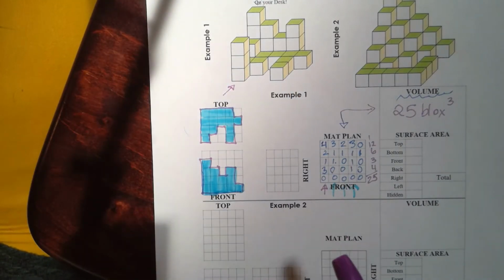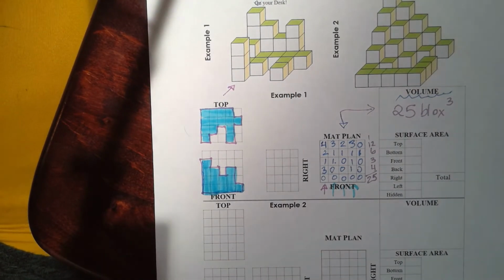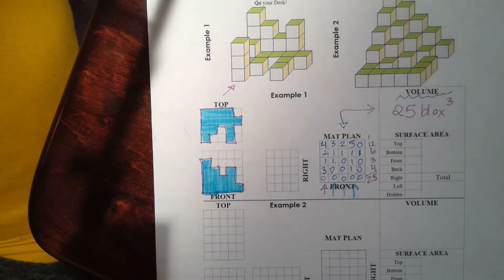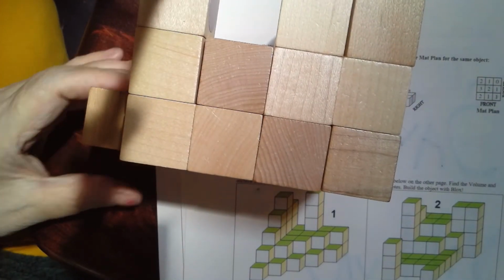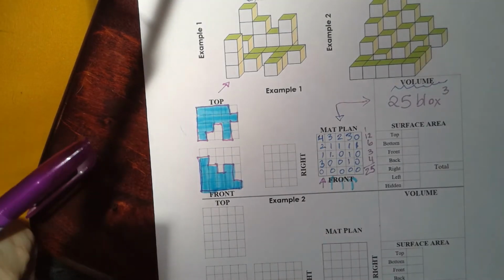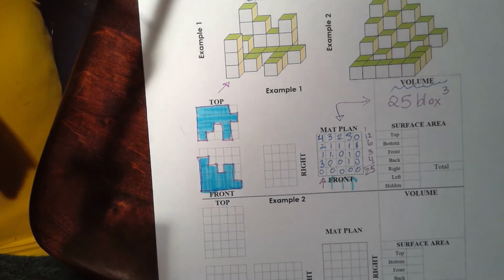And it has to be this way because they define the front as being what you see when you look at it this way. Now, it would be a mirror image if you looked at it from the back side, but the problem with that is it's defined in the diagram exactly what side is what. And we have to all be on the same page. If we're not on the same page, then your mirror image would be right if you define things differently. But because we have to be able to grade these papers, we have to be able to have the same